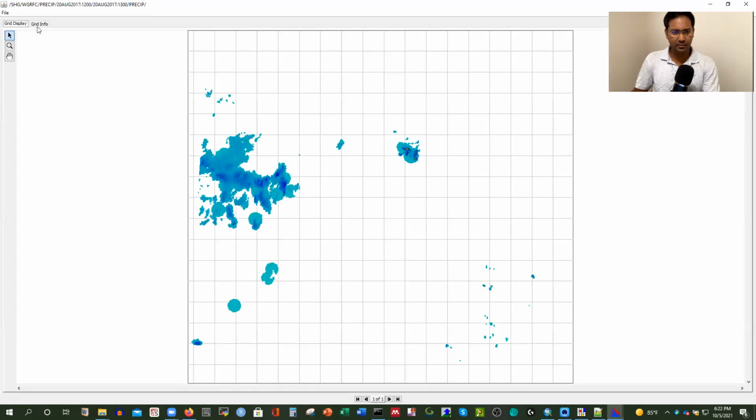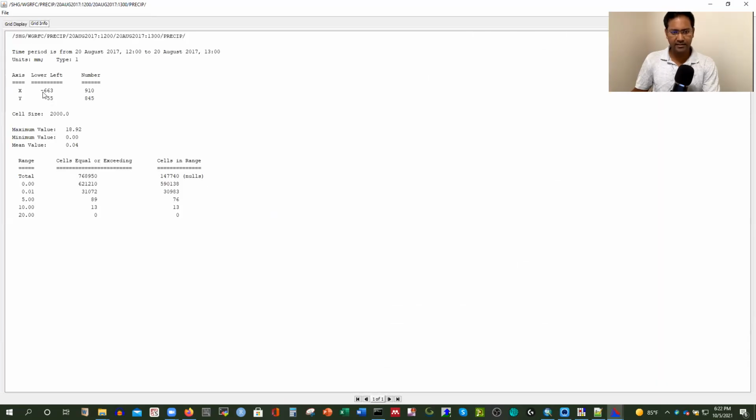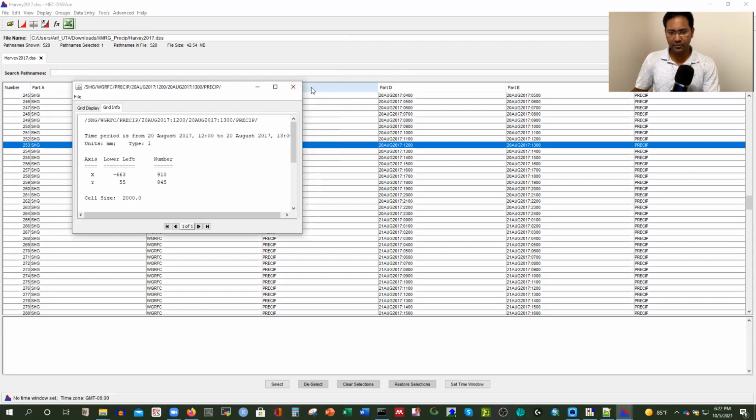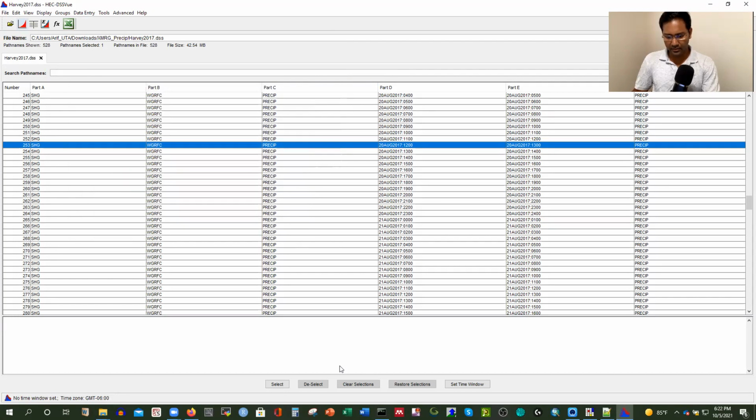See, the precipitation and the property we have, the cell size is this, and the origin lower left corner is -663 and 55, and we have this number of grid cells along the X direction, and we have 845 along the Y direction. So that will cover our entire region, and you have the statistics here for that specific time period. Okay, so we don't need that one to know, but what we need to know here,